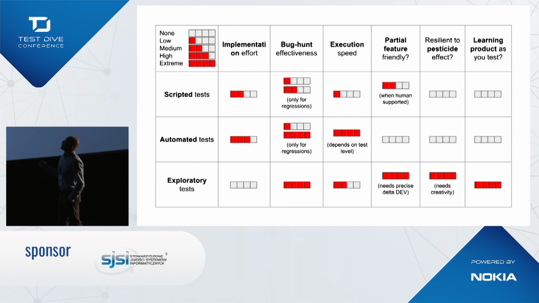Scripted tests are, well, manual, so I classify this as low. And exploratory tests are a bit faster, because you do not have to perform the procedure step by step. And sometimes there is an effect that the testers are skipping over some steps. Please tell me if you have ever had such a situation, that you have just skipped 2 lines of steps because they could be combined.